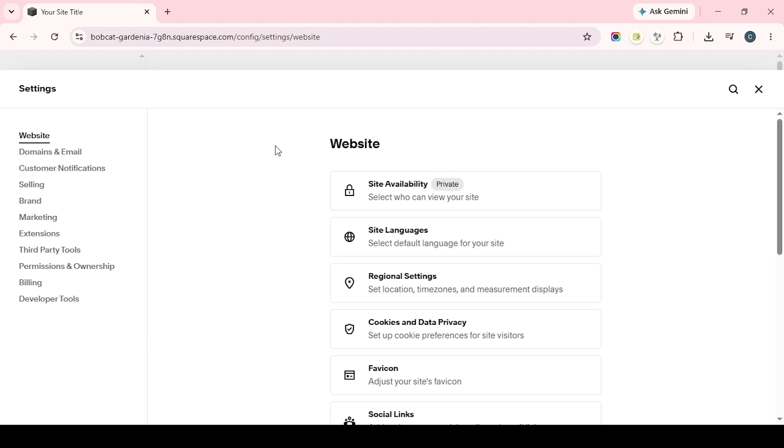To cancel a domain, go to Settings and Domains, open the domain you want to manage, turn off auto-renew. And if the domain was purchased within the last 5 days,